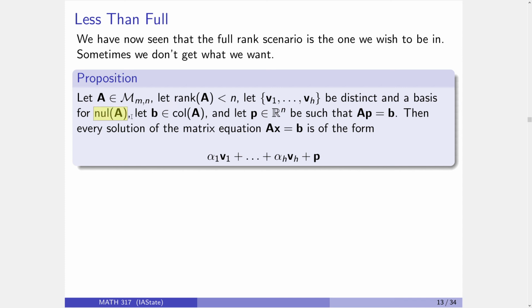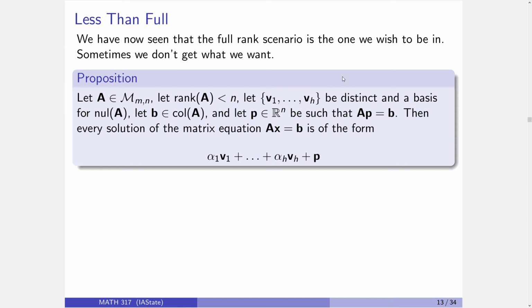Because again, full rank means the null space is trivial. So that means you can find a basis for it. It has some number of elements in it. Note the number of elements it has is what exactly? Remember, rank plus this number of elements is equal to n. So it's n minus the